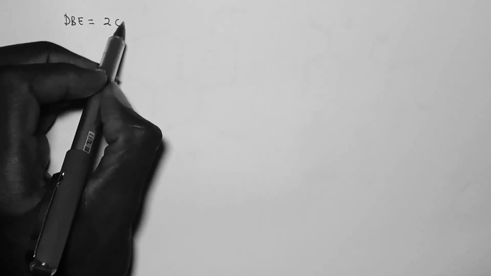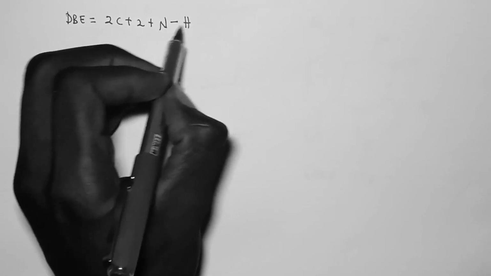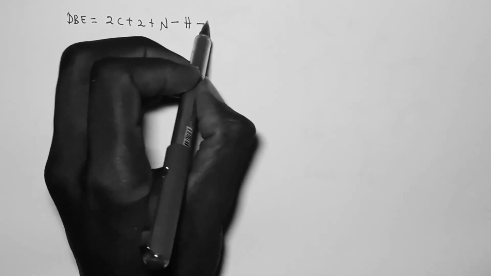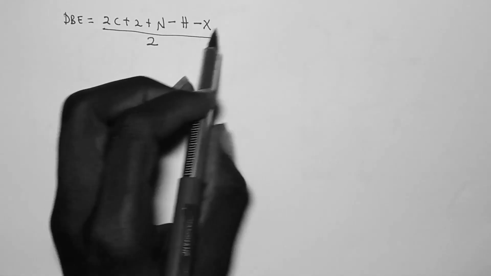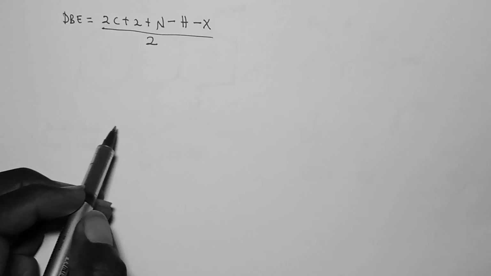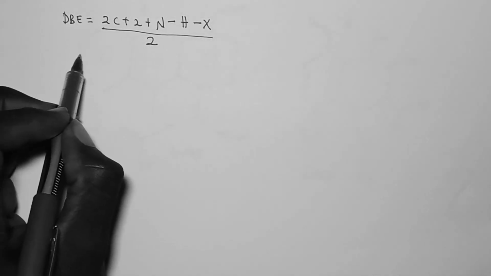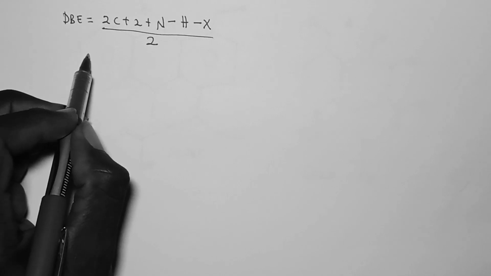For double bond equivalence, it's given as 2C plus 2 plus N, where N is the number of nitrogen, minus H, where H is the number of hydrogen, minus X, all divided by 2. And X stands for the halogens. So therefore, what is the double bond equivalence if we are given